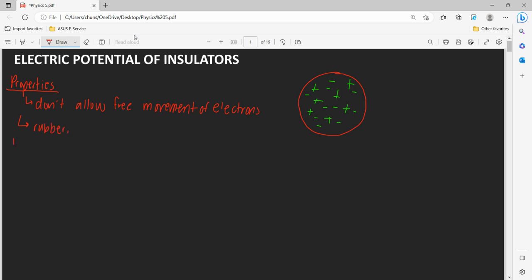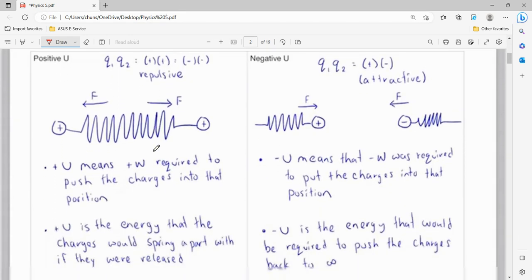They just don't conduct well. This could also include plastic. This could include glass. And those are just some examples of insulators. So this will start to make more sense in our later examples, but I also want to talk about our